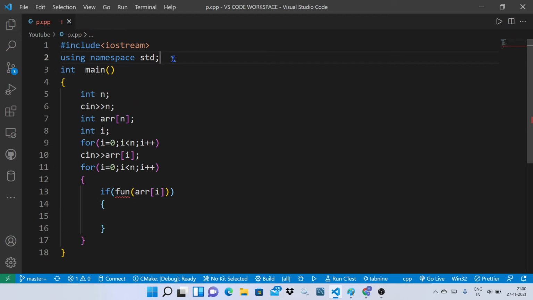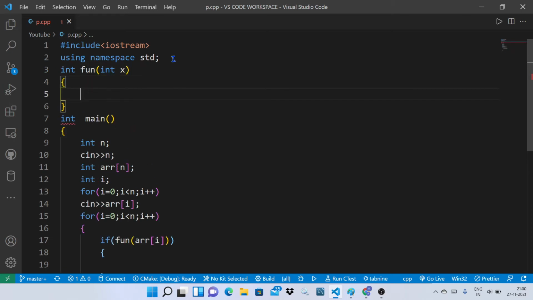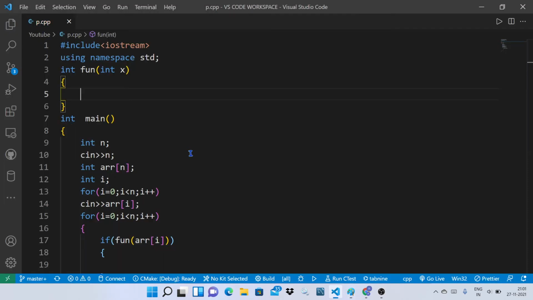Before that we need to define this function. For that we are declaring and defining the function here, int x. As I previously said, we need to define a new variable and initialize this element to the new variable. After that we need to declare the c variable, so I am declaring c is equal to 0.